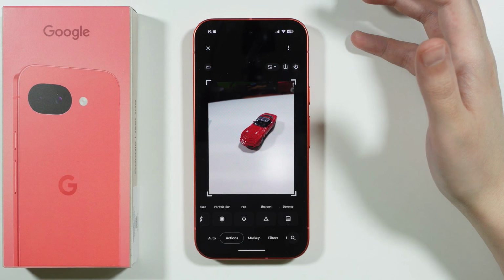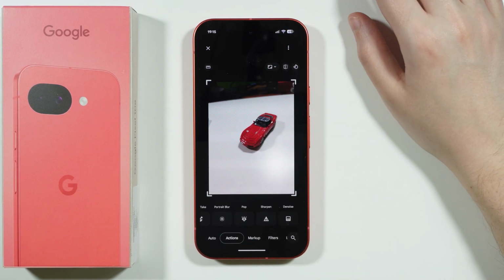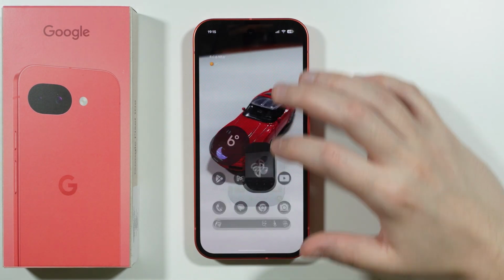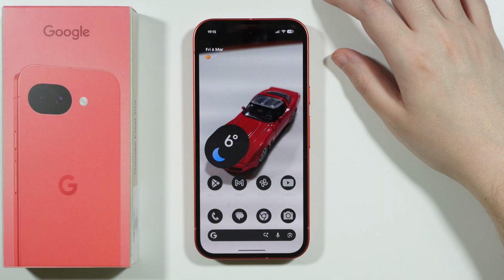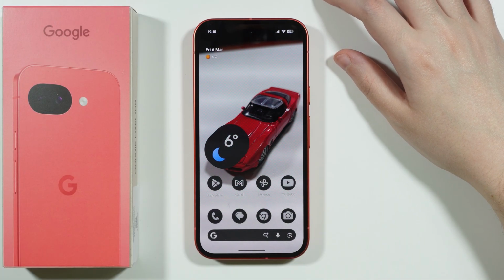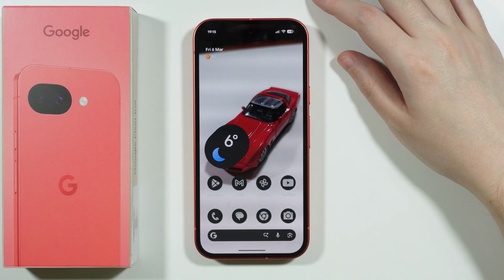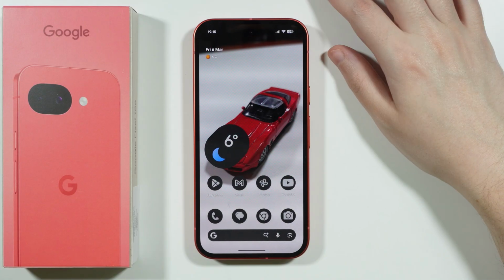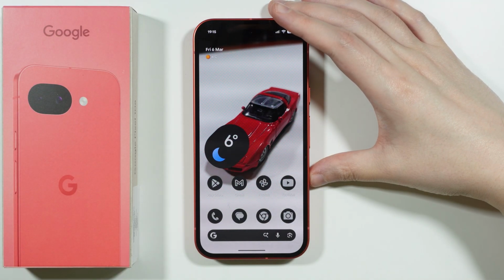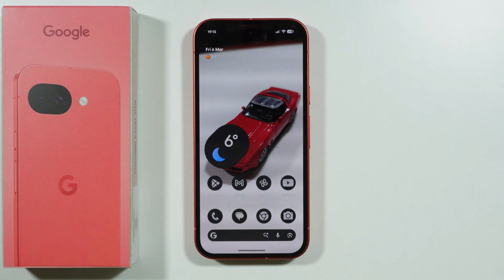And there is nothing really that we can do about it. They will be available in here. I mean, we cannot do anything to turn it off, for example, to deactivate it. But what you can do instead is you can just simply avoid these tools. And I believe that is pretty much everything that we can do to try to turn off AI features on Google Pixel 10a. However, if there is something that I missed, that I didn't mention, then please let me